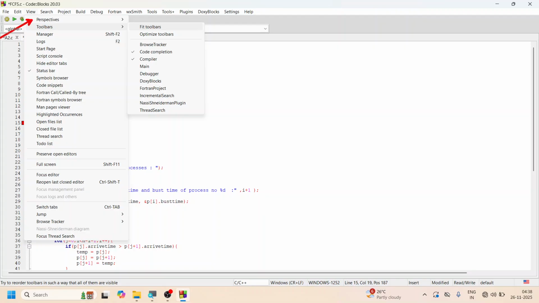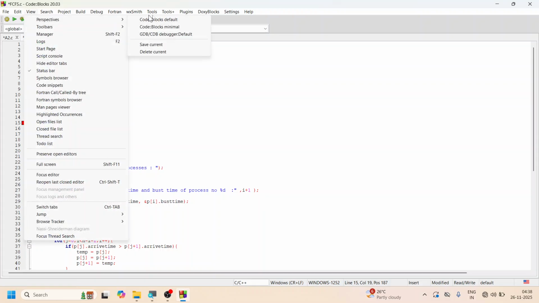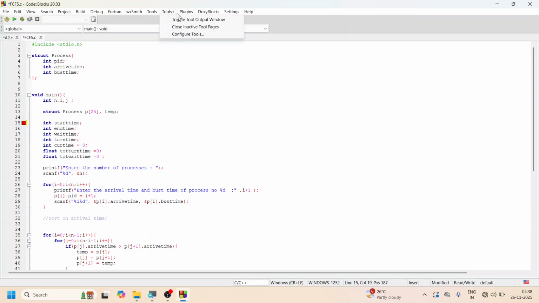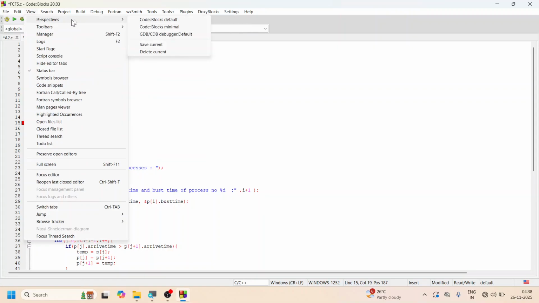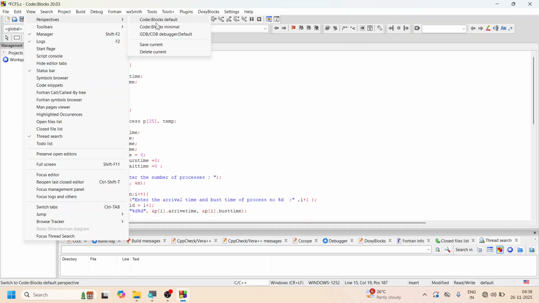So you notice perspective here. Just click on this perspective. You won't see this menu, but you will see the perspective. Let me just go to this perspective, and you have this option over here under perspective. You will get these many options. This is the default option. This is the minimal option. Some people will have the minimal option. Now if you want to get the company default, you can just click on view, perspective, and then